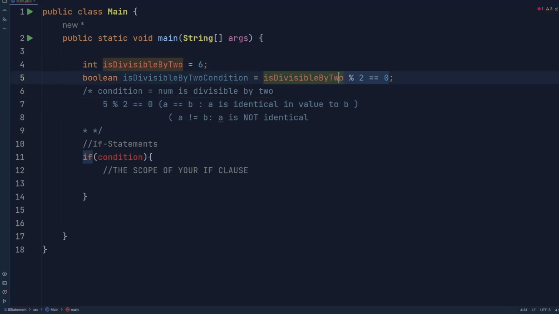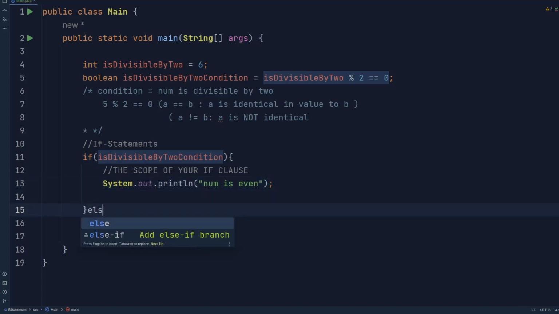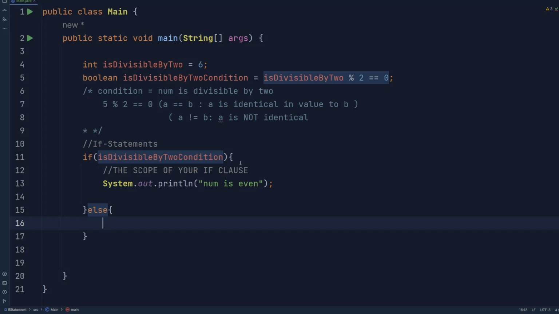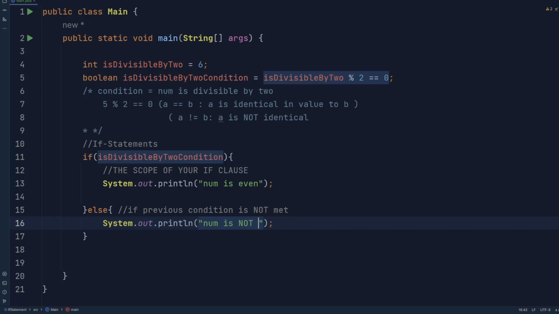But I put the result of this operation into this little variable right here to demonstrate that in the end, this condition you specify right here is a Boolean value. I demonstrate this because if we simply ask this, and then print out System.out.println "num is even," and then we write else, meaning in the other case, if the previous condition is not met, we write System.out.println "num is not even." Now we can actually compile and run it,